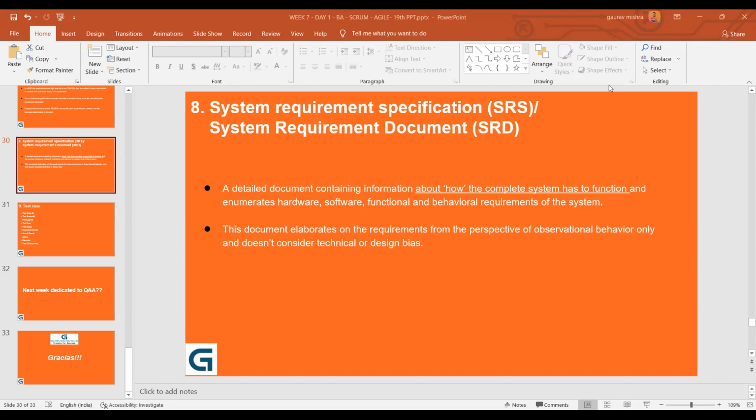So this is what happens when you prepare an SRD or when you have an SRD to be read or to be understood. It is all details about your system, application, or website, in the given format, like the hardware, software knowledge, or the process, or the functional and behavioral means of how your system will work,